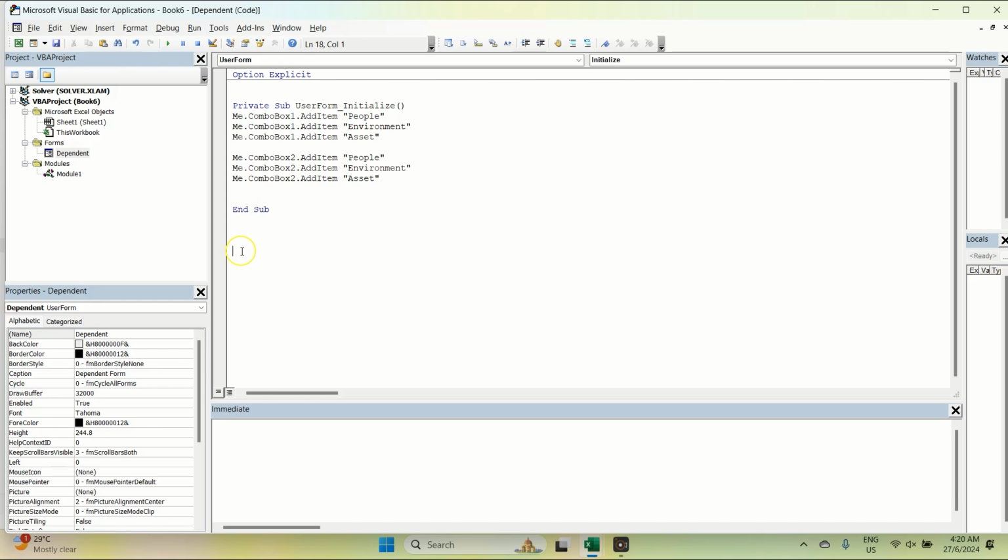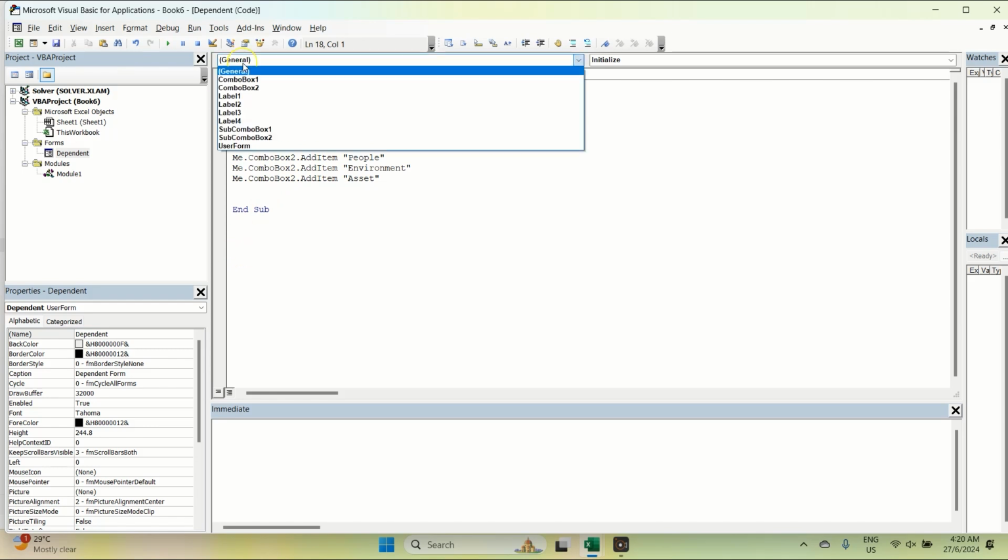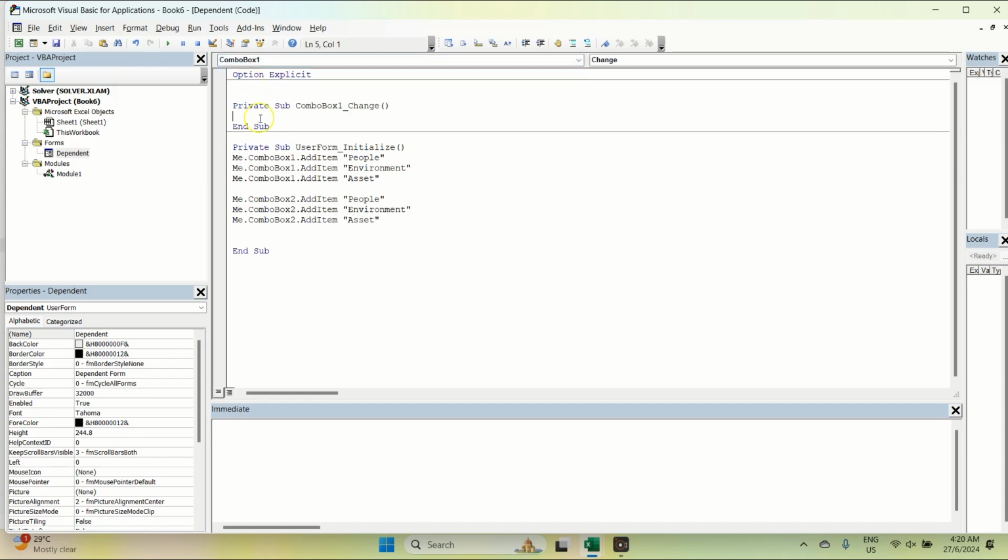So now we are going to deal with the first combo box of the dependency, right? So what happens when I make a selection on the first combo box and I want to see the values reflected accordingly to what I've selected, right? So I have 3 possible options: people, environment, and asset. Okay? So first thing I'm going to say is that if me dot combo box 1, right, the first primary combo box, I can use IntelliSense, Ctrl Enter, to select what has been highlighted. I can say if this is equals to people, then